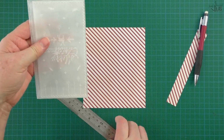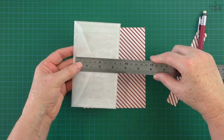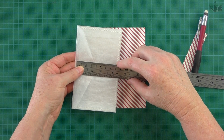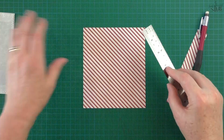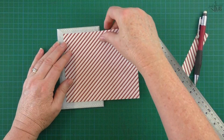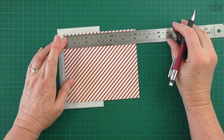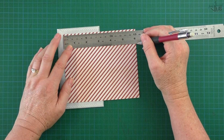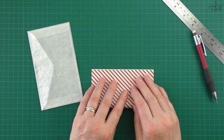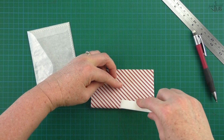Now I've got to work out how wide it is. So if it's going to go inside the envelope, you've got to stay within the envelope and within the stitches. 8 centimeters, probably a bit snug. So we might make it at the 3-inch mark. So it's going to be folded. So I'm going that way. So that means I'm going to come out here by 2 because I'm going to fold it in half. So I can come out the 6 inches, which is exactly what this piece was. So it was a 6-inch, 6x6 piece,